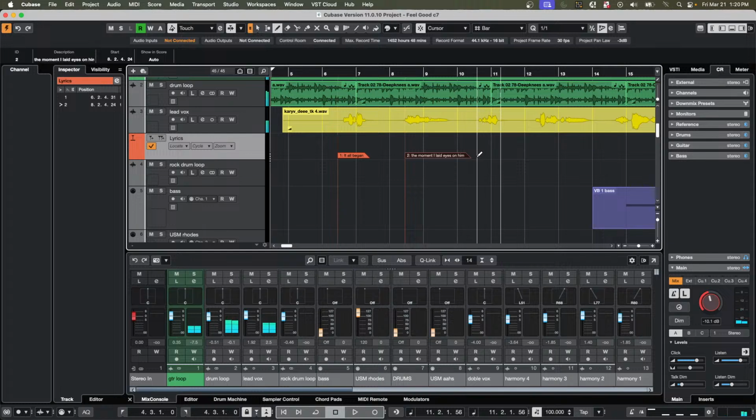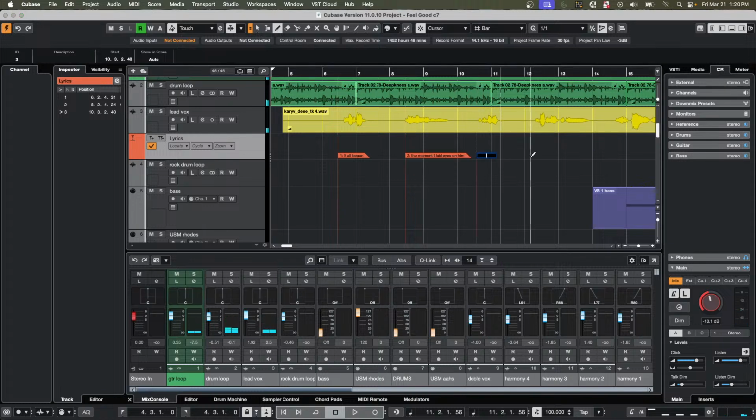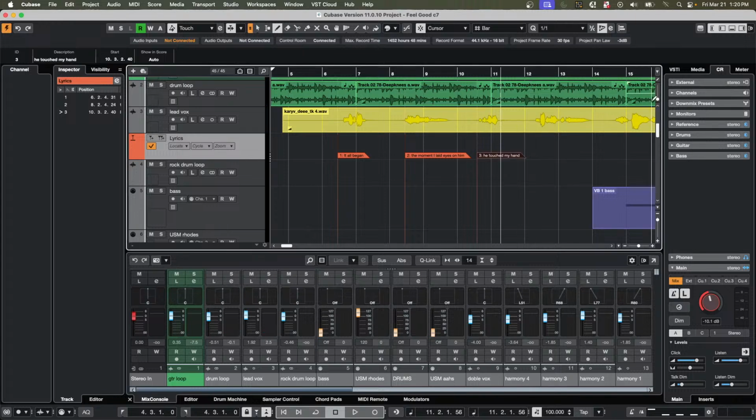Again, just come right over here, Shift key. Eyes on him, he touched my hand,